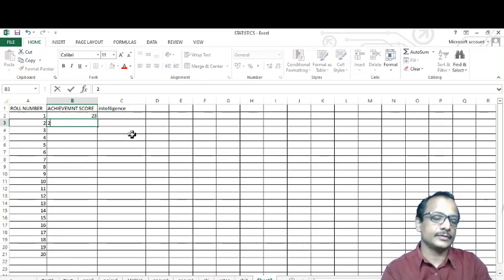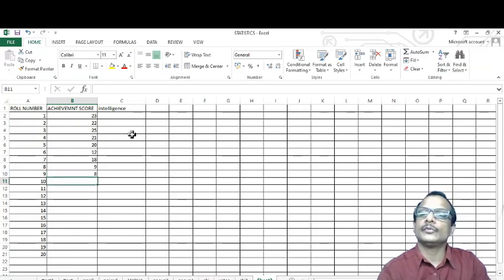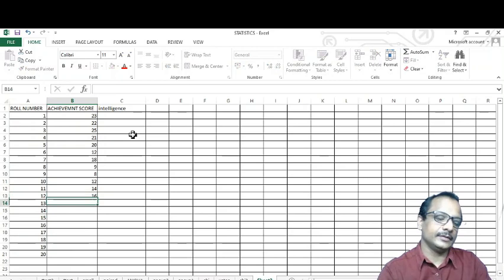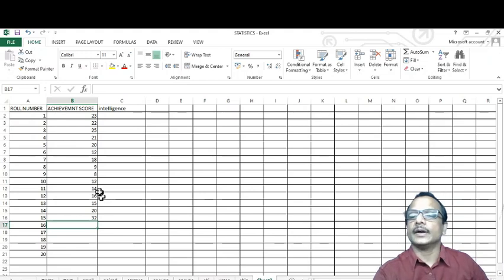23, 22, 25, 21, 20, 12, 18, 9. Just type and click enter. The Enter button will move you to the cell below. Okay, that is the easiest method to enter data. If you have a numerical keypad, use that.